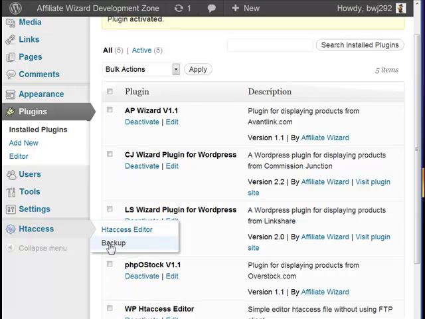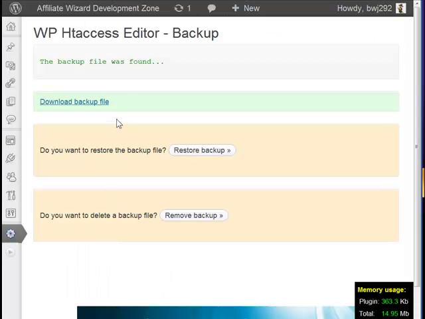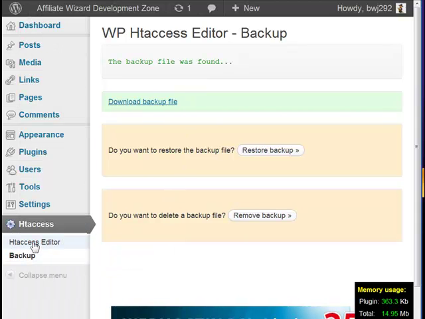First thing you need to do is go to the backup setting and I've got the message your backup file was found, basically because I've done a previous backup of my htaccess file. But if you hadn't done a previous backup, then you would see a link saying create backup, which you would click, and this would create a backup of your htaccess file just in case anything goes wrong, and you can then restore it. For the moment, we'll go back to htaccess editor,